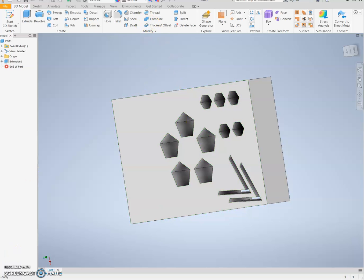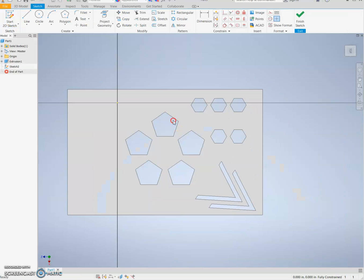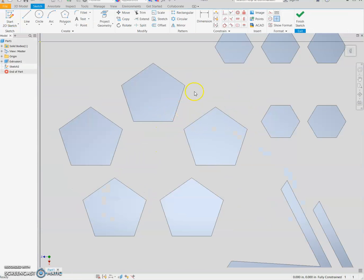So I'm going to get to step 10, 11, and that's getting these three pentagons into this extrusion tube thing. I need to put a new sketch on top of this, and I'm going to use a new tool called Project Geometry. Project Geometry is nice because I can take the lines in the other sketch and use